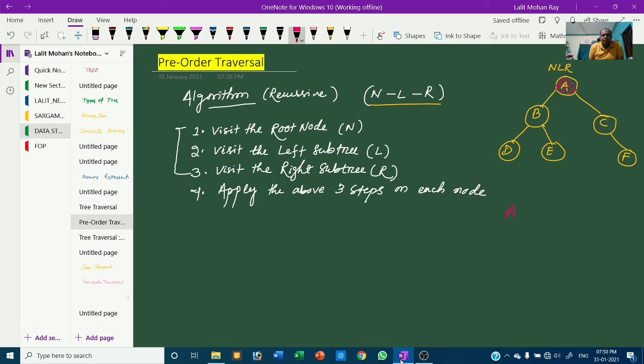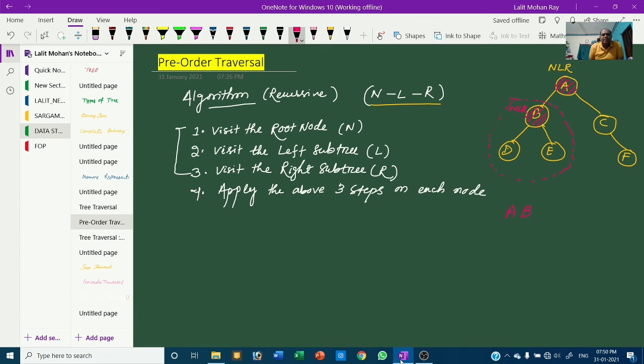Then you come to its left subtree. Here you again find it is a binary tree. Each subtree of a binary tree is a binary tree. So you have to apply this NLR to this binary subtree also. Here B will be traversed first, so in the sequence B will come.